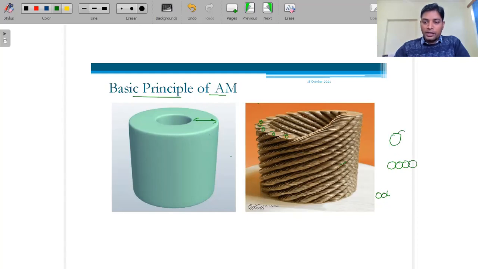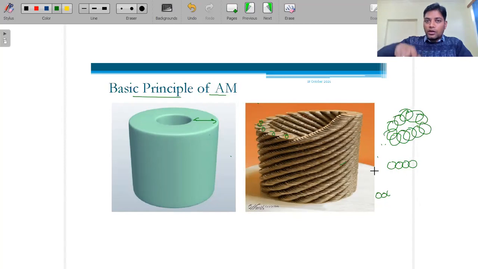Please keep in mind, this is one, this is second, third, fourth, fifth, sixth, seventh, eighth, ninth, and so on. So this is how we are manufacturing, one by one. First this coin is formed, then the second, third, fourth, fifth, and step by step we move on. So this is the second approach.